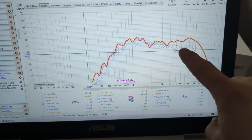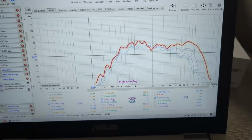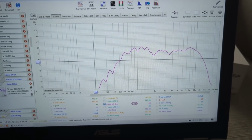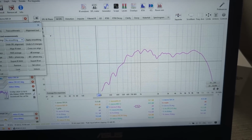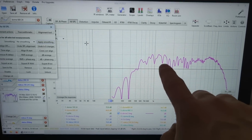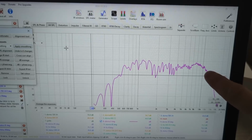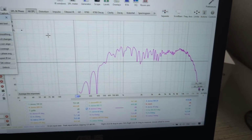However, if you noticed, even with no smoothing, there are no big massive peaks. Let me remove everything and leave only the 0 degree on axis, and I'm going to remove all the smoothing. So this is on axis with no smoothing, and you can see these dips are because of reflections, maybe baffle reflections and stuff. Everything is fine. But there are no massive peaks or anything at the higher frequency, because this dome mid-range,